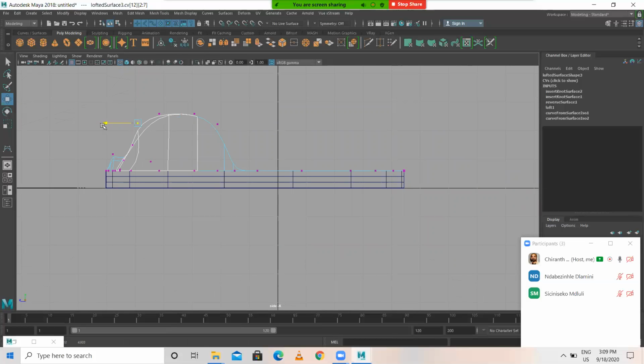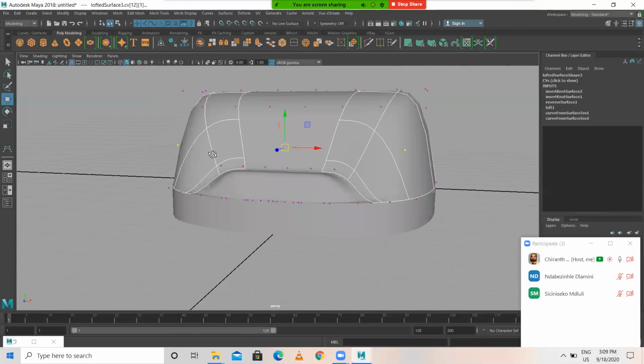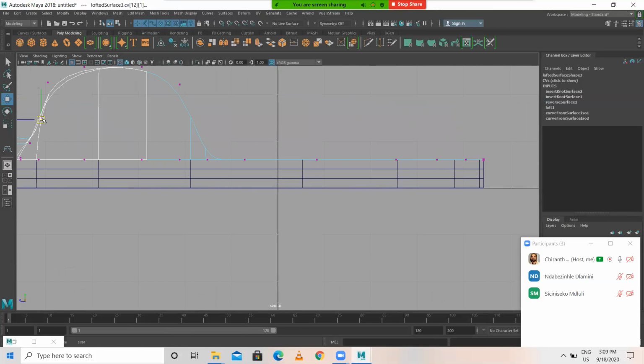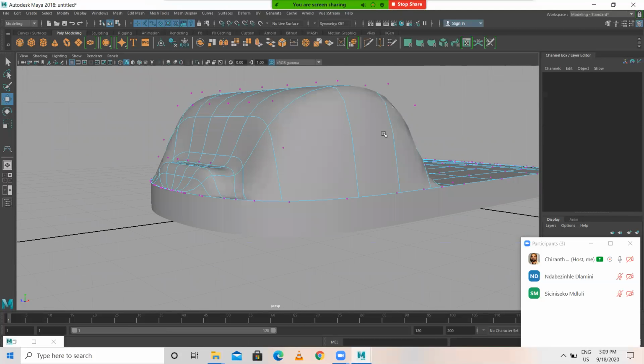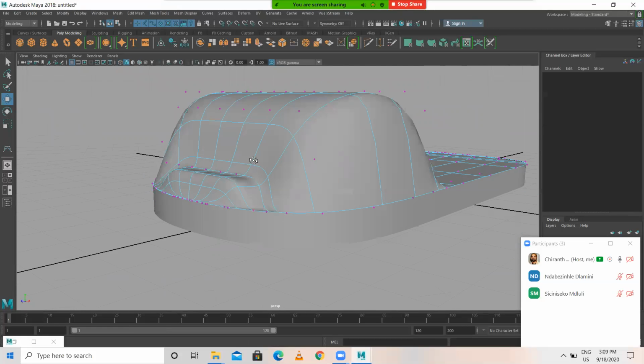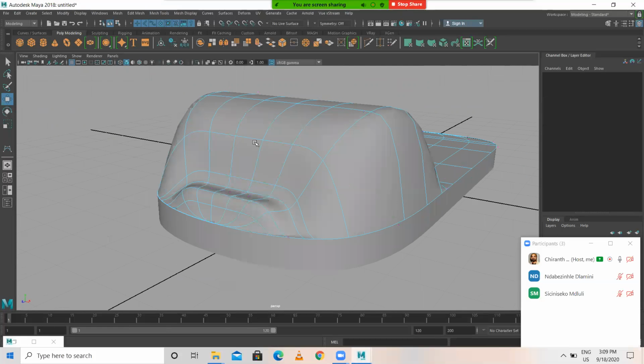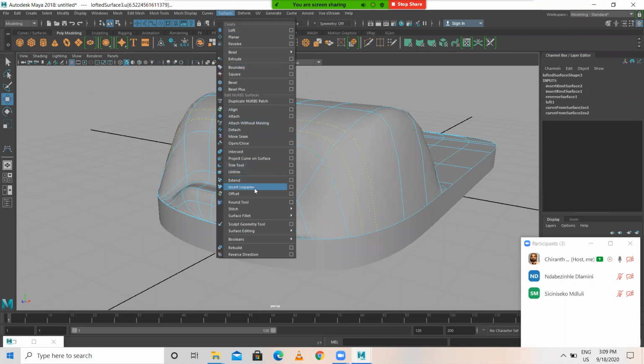Kind of a cartoony truck which I'm doing. Okay, this is fine. Surface, insert isopump.